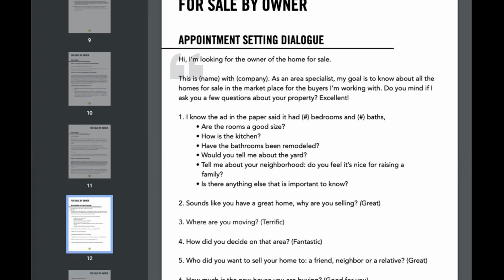Oh, yeah. Yep, that's my house. Great. I know the ad in the paper said it had 3 bedrooms and 2 baths. Are the rooms a good size? Yeah, the property is in very good condition.